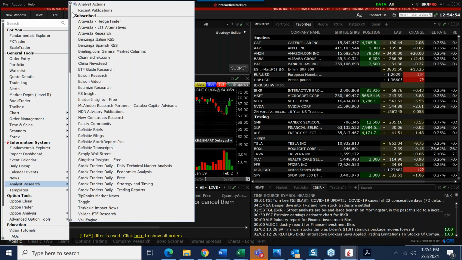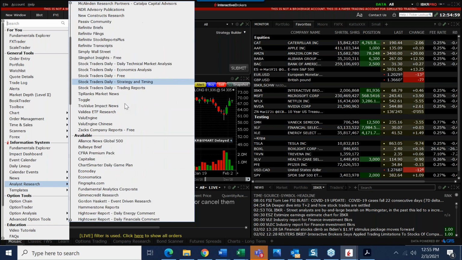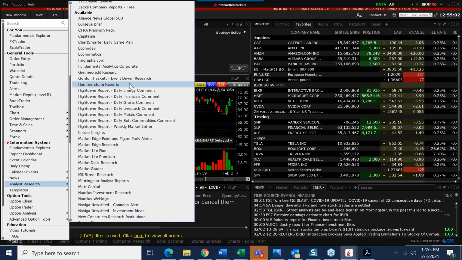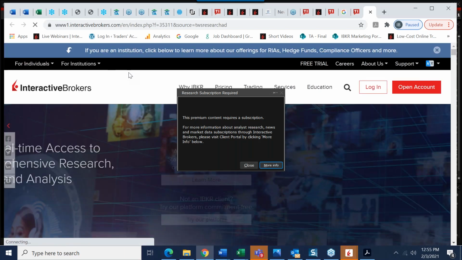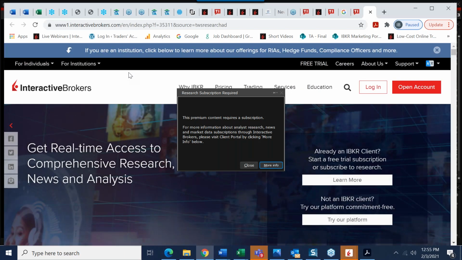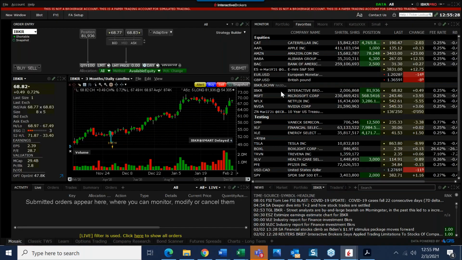You get a tremendous amount of data to which you are subscribed by license when you open your Interactive Brokers account. Joel's Fundamental Analytics service is under the available. So you click on Fundamental Analytics Corporate, and it tells me that I'm going to require a subscription, and it's taking me to log into Client Portal. When you go into Client Portal, you go to Settings, User Settings, and Configure to request that service. I'm going to X out of there.